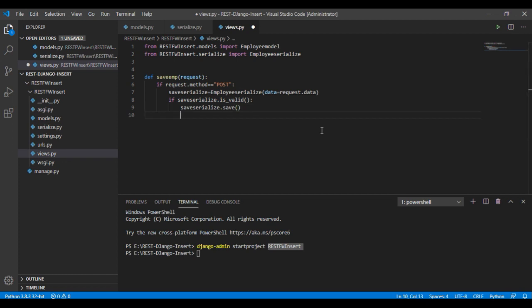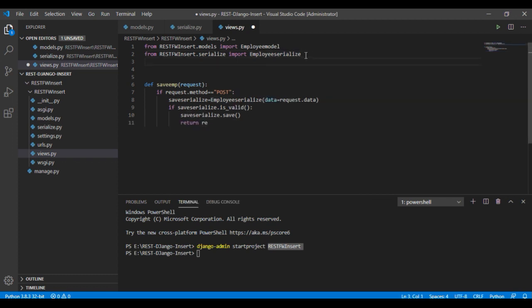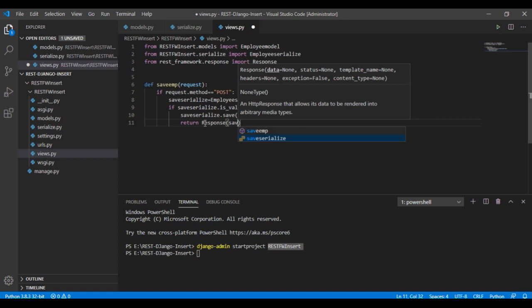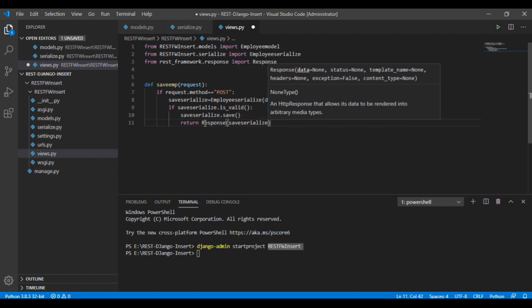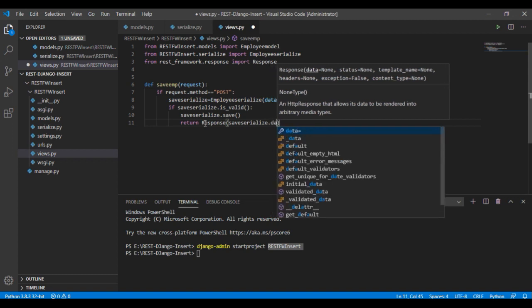Now we require this function to return a response. So we require the response class here, from rest_framework.response import Response. Notice here this R is capital. We need to import that class name here, Response. In this response, I'm adding save_serialize dot data,